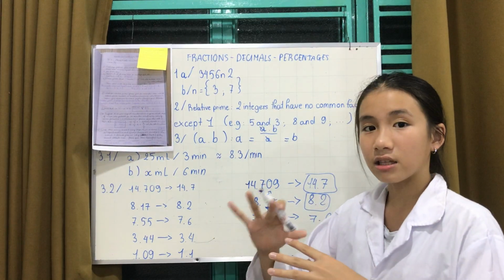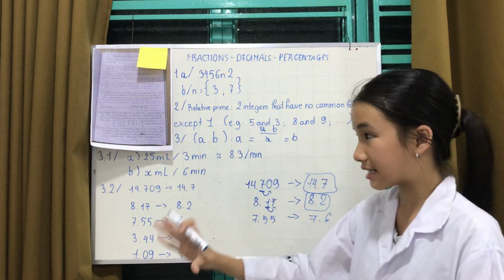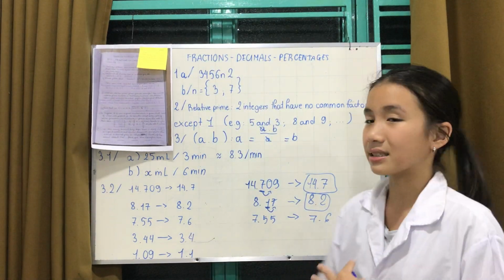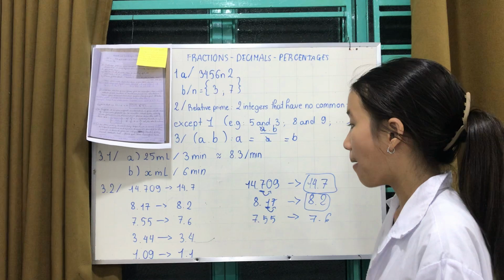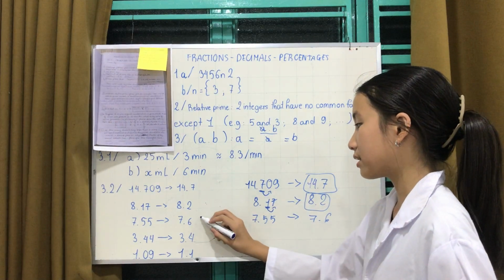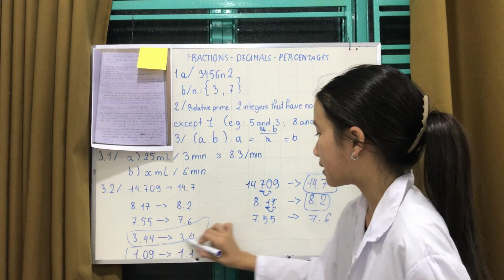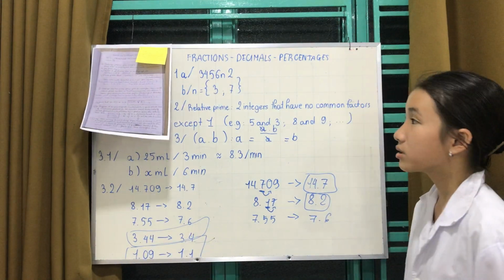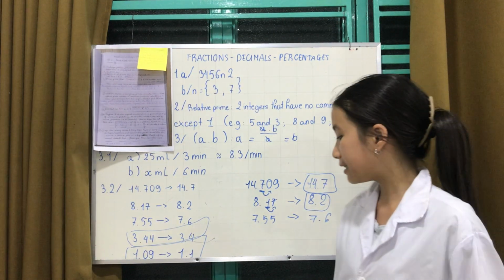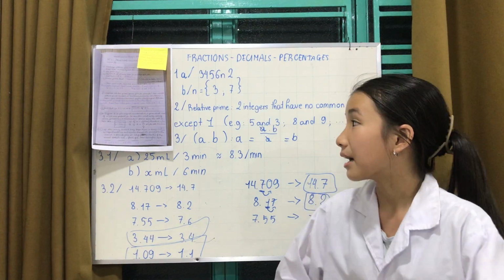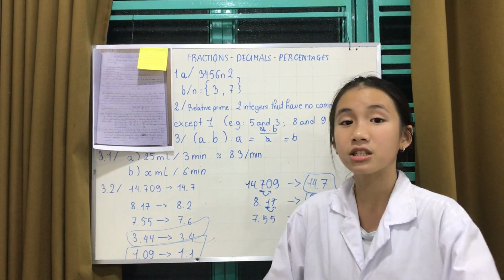But when it is larger than 5 or 5 itself, it will be rounded to the next number. So yeah, that is for this problem. Next, we have also this example and this example too. So those are all of my ideas and also my answers for this